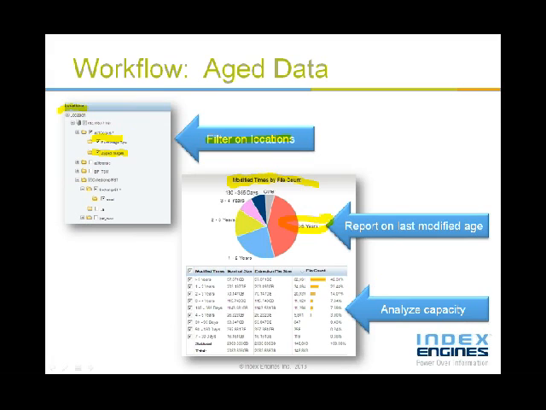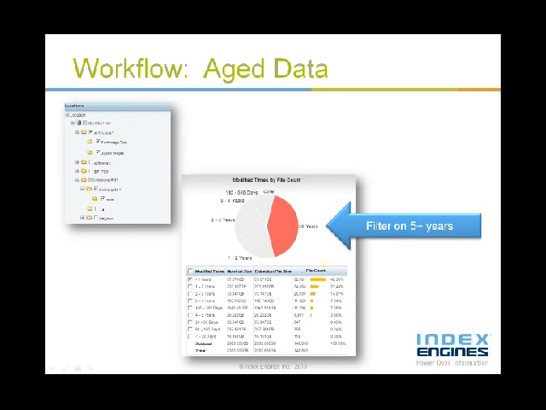So here you can see the biggest piece of the pie here is greater than 5 years. So 42% of that data has not been modified, or if it was accessed in more than 5 years. That's representing here about a small number of gigabytes. That could be terabytes. So it could be 50 terabytes, 100 terabytes, whatever. So you can know exactly. But here in 2 seconds, you can say, you know what, most of that data in those environments hasn't been